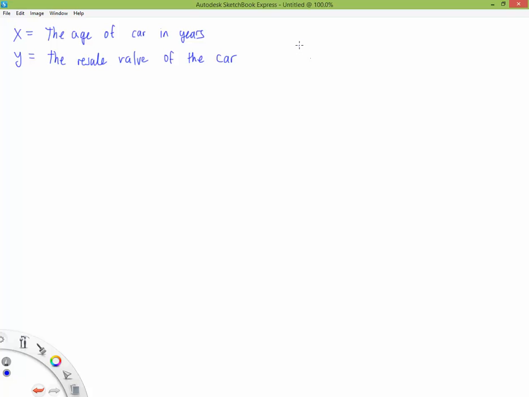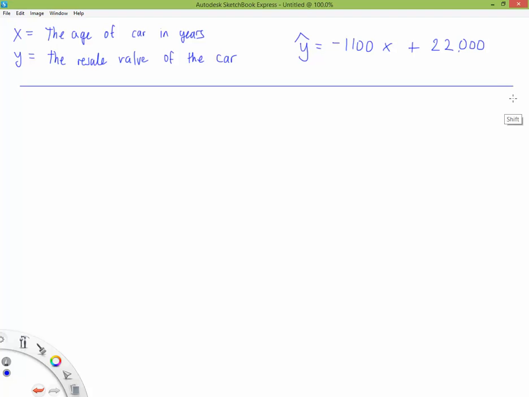Okay, and so our prediction equation is going to be y hat is equal to negative, we'll say, 1100x plus $22,000. Okay,